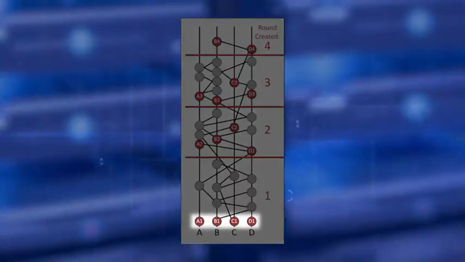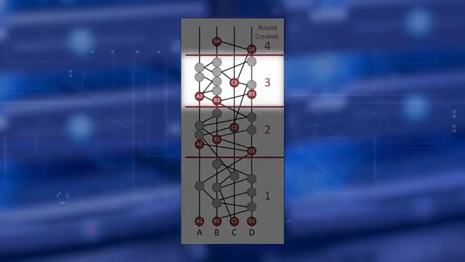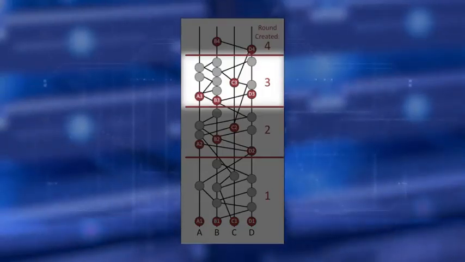A1, B1, C1, D1 are the base events for round 1, so they are the witnesses for round 1. Recall that the witness event for a participant is the first event in a particular round. For example, for round 3, A3, B3, C3, D3 will be the witness events for the 4 participants A, B, C, D for that round.